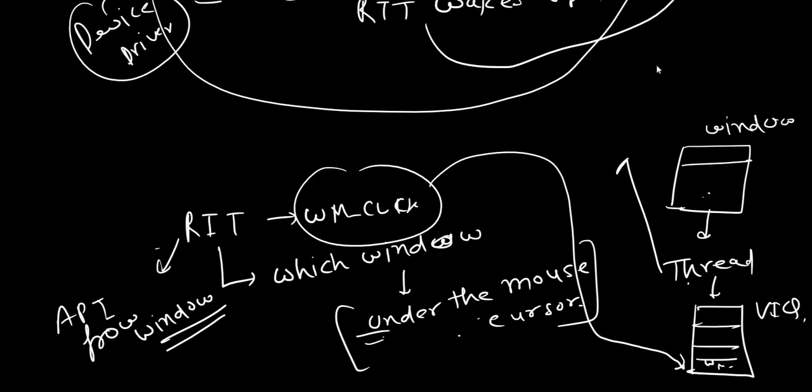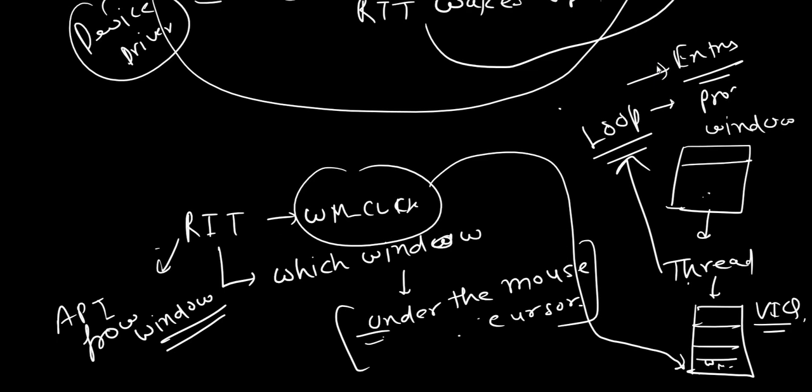This thread is running inside a loop. We will see how these messages run inside a loop through a program in the next video. This thread keeps running in a loop and tries to find out what entry appears in the virtualized input queue. As soon as an entry appears, this loop processes the message, right? And how does it process it? Through a callback function. We write a callback function, and in it we write the set of instructions that we need to perform on the mouse click on this window.